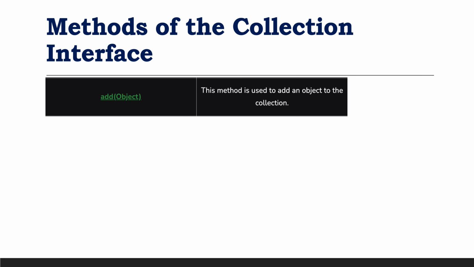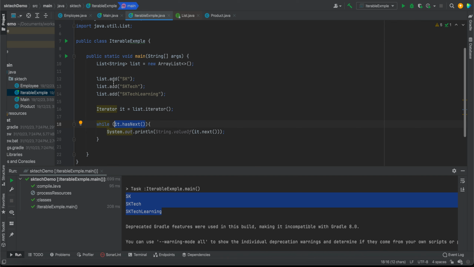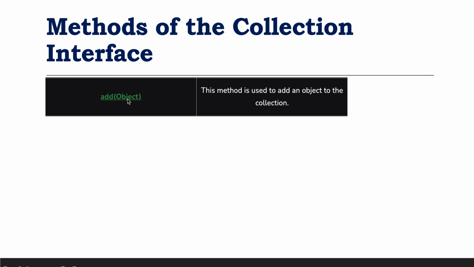So basically there are a bunch of methods. The first method is the add method. This method we have already seen in this example. Basically this method is used to add an element inside the collection, and it is going to be available across the collection, because it is available inside the collection interface, and the collection interface is the root interface for all the interfaces, like list, set and queue. So all the methods we are going to discuss are going to be available in all of the collections.